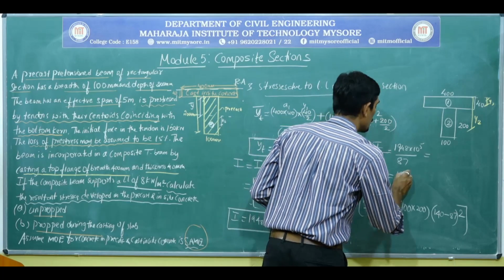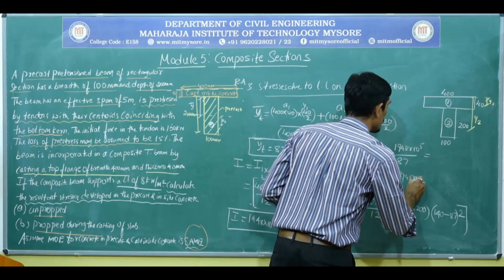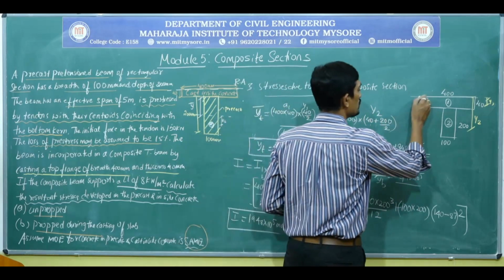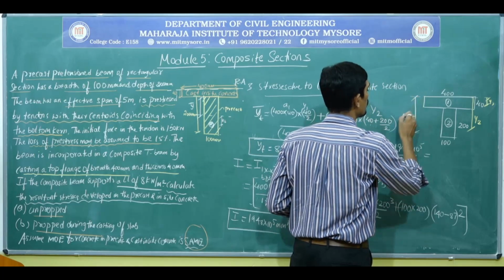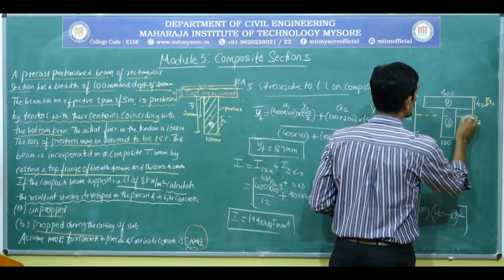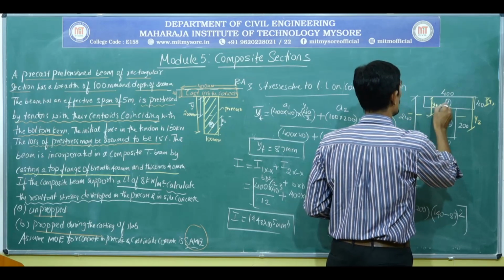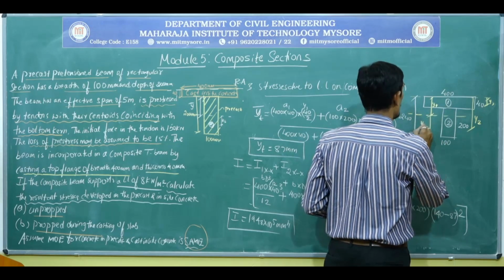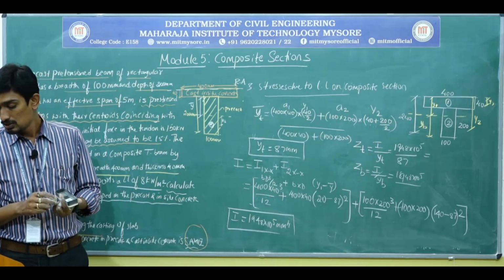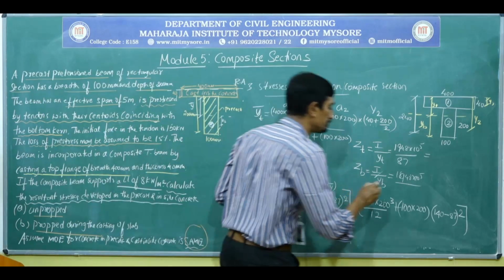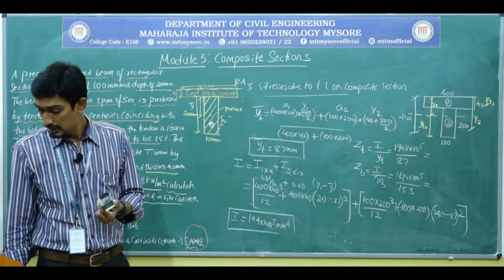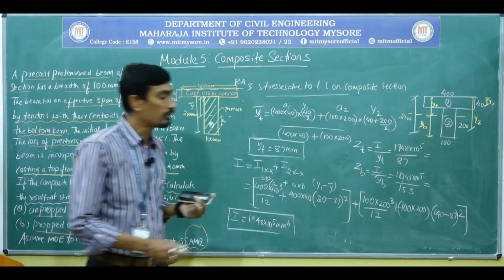So how to calculate YB? That is in the total distance, that is 240. So in that, deduct your centroidal axis. This is your centroidal axis YT, and this will become YB. So 240 minus 87, which will be 153. So the answer works out to be ZT equal to 225